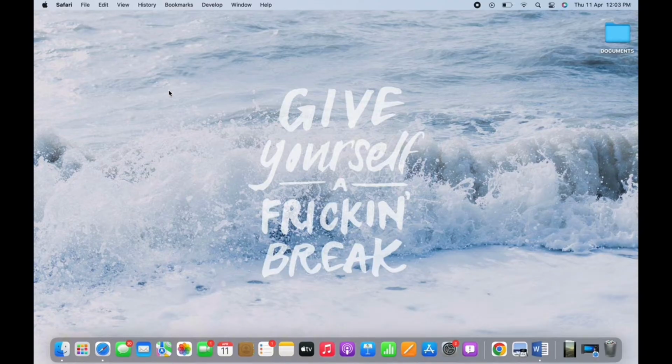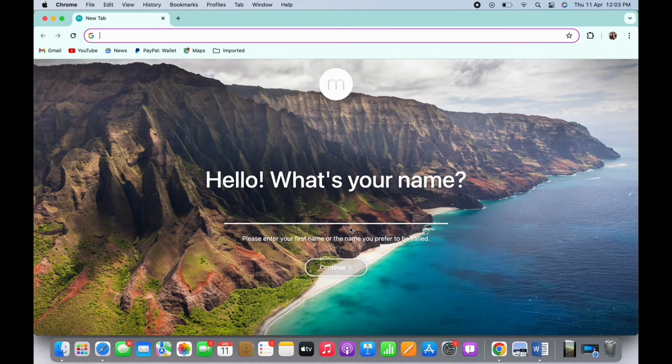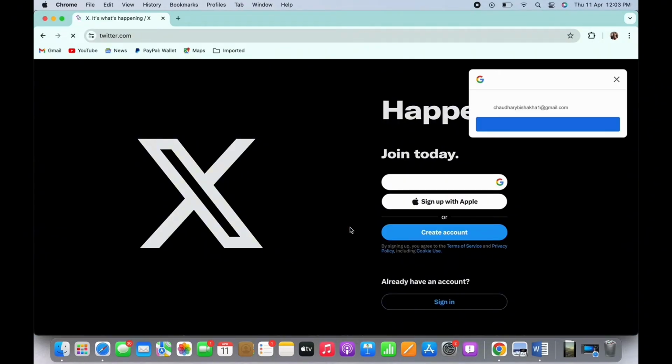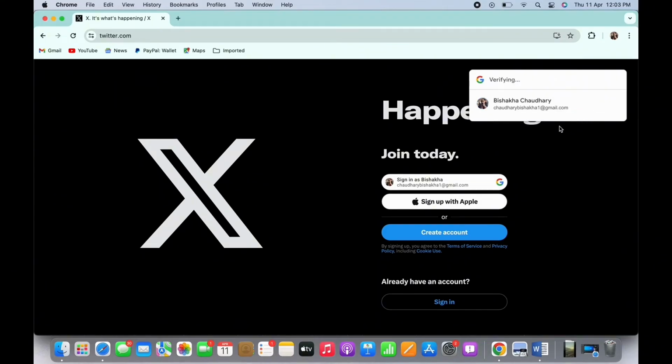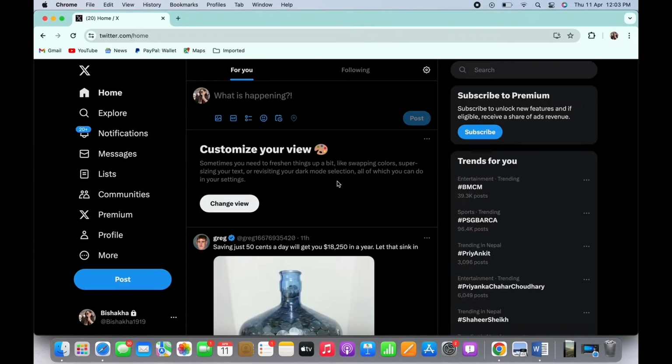Firstly, go ahead and open your preferred browser and in the search bar search for twitter.com. You will be led to the official webpage of Twitter. Make sure you are signed in, and if not, then go ahead and sign yourself in by entering your login credentials. And now to disable the sensitive content warning on X, tap on the More option in the left side